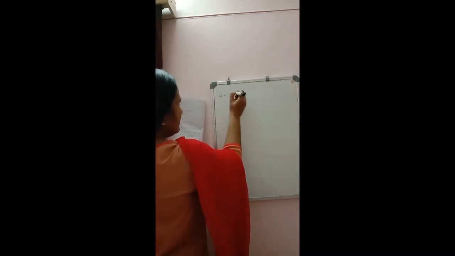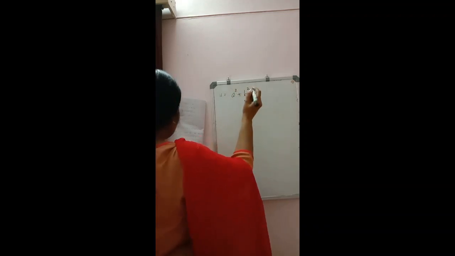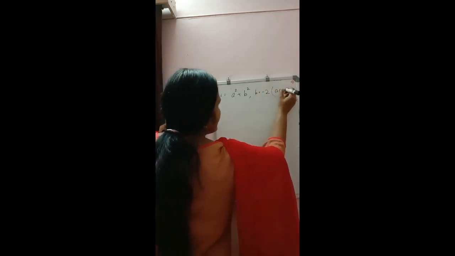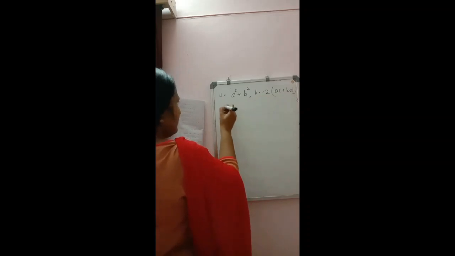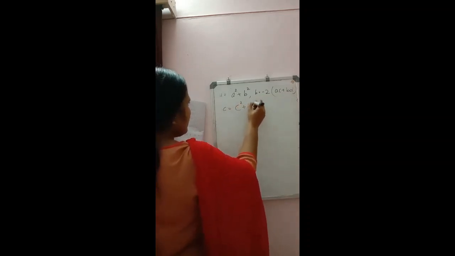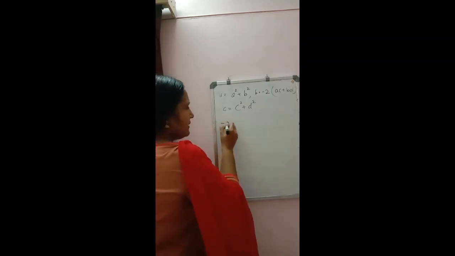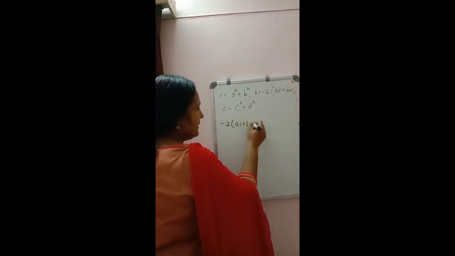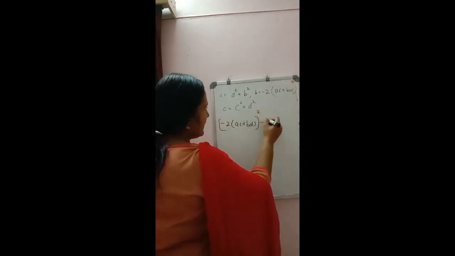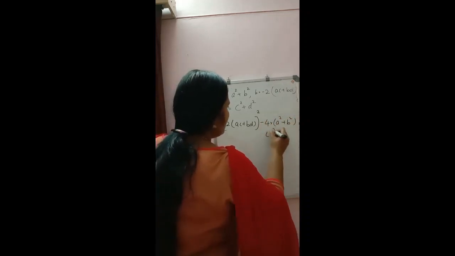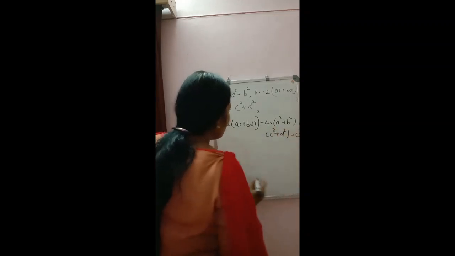So here we have the value of a as a² + b². In place of B we have −2(ac + bd), and in place of C we have c² + d². So again, write down the condition for real and equal roots. We have b² − 4ac = 0. So we will get [−2(ac + bd)]² − 4(a² + b²)(c² + d²) = 0.